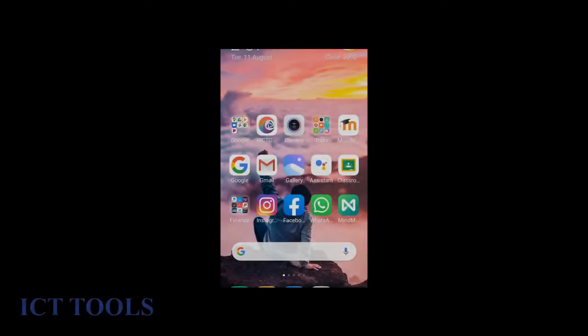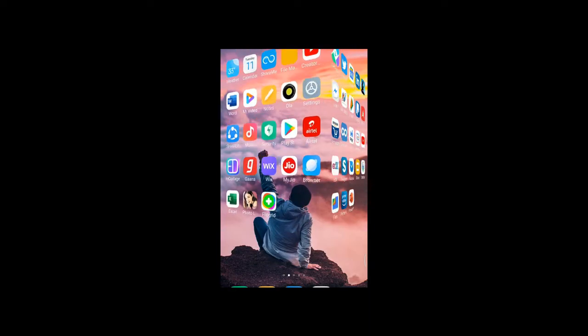Hi all, welcome back. So today we are going to see how to take attendance in a Google Meet while using our mobile phone. We all know that we can take attendance in Google Meet when we use Google Meet in our mobile, in our desktop and laptop. But we also have a provision to take attendance when we use Google Meet in our mobile phone. Now let us move into it.